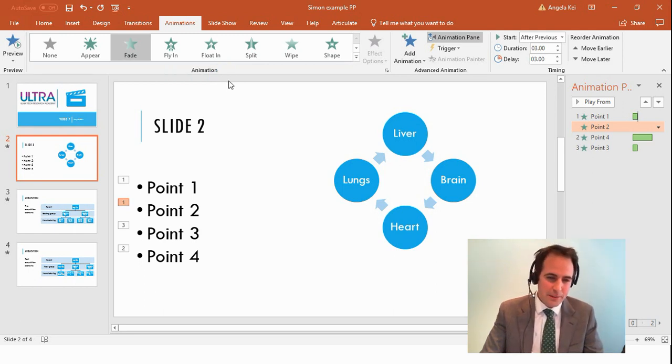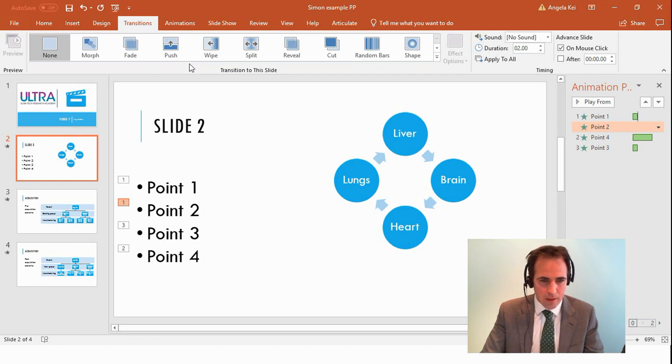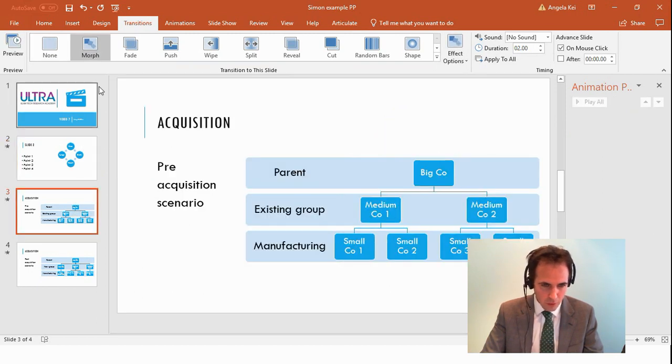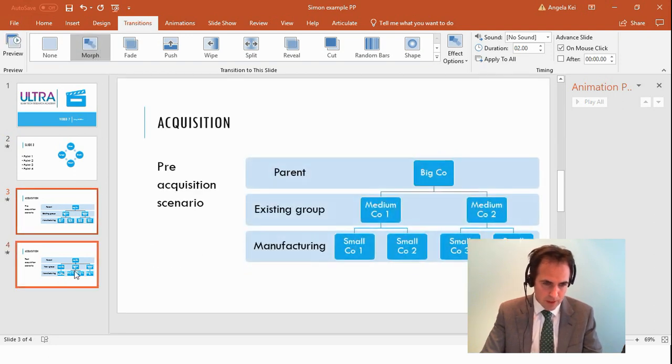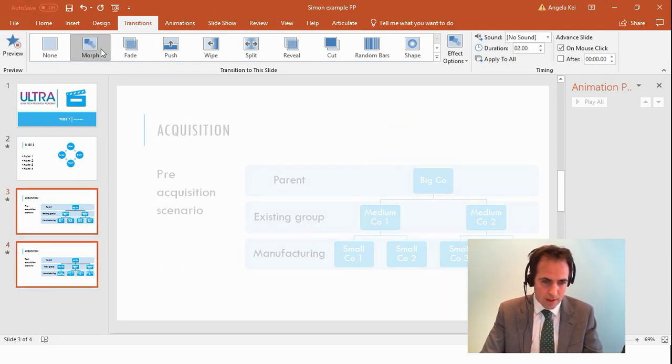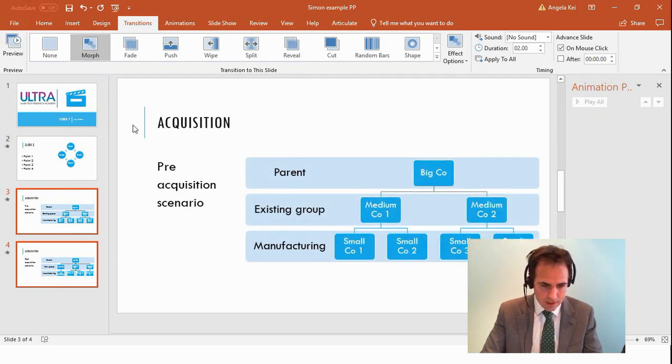So on a related theme to animation is transitions. Whilst animation takes care of what happens within a slide, transitions cover what happens between slides. So if we click on the Transitions tab at the top here, we get the options available to us. One of the most interesting transitions is morph. So if we pick the morph option between these two slides, now what's going to happen here is if we go back to Shift and F5,